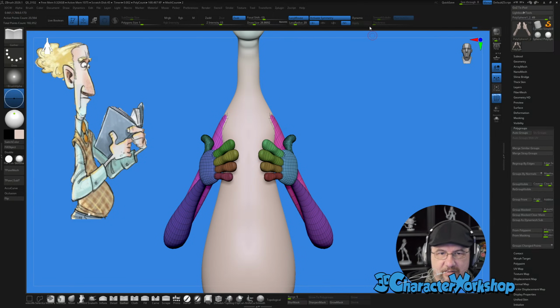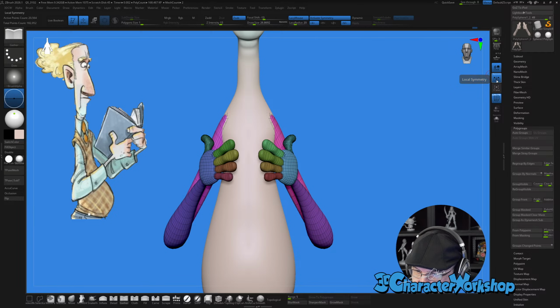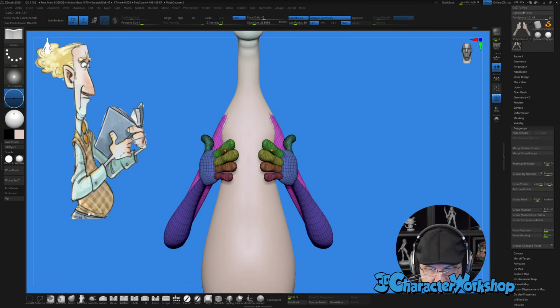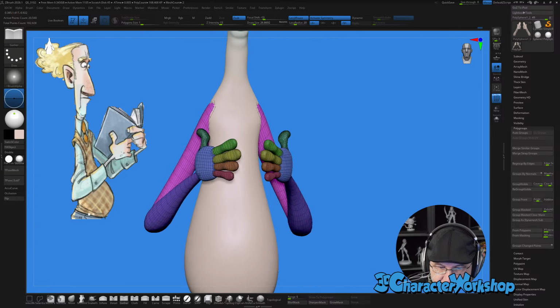It worked? Okay. So what I do to get them back symmetrical is I just do a mirror and weld, but you need to make sure you turn off local symmetry. And then just do a mirror and weld, and it'll mirror from screen left to screen right, and then it'll put everything in the same poly group, so you can mirror it across like this.